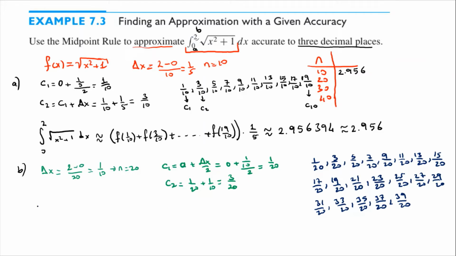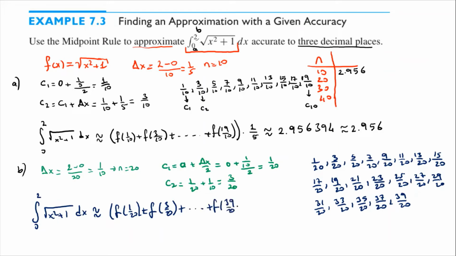So what we're gonna do, we say the approximated answer of the integral from 0 to 2 of the radical of x squared plus 1 dx is f of 1 over 20 plus f of 3 over 20 plus, keep going on until f of 39 over 20, right? Then multiply by 1 over 10, correct? And if you use your calculator and type this all, the answer is going to be